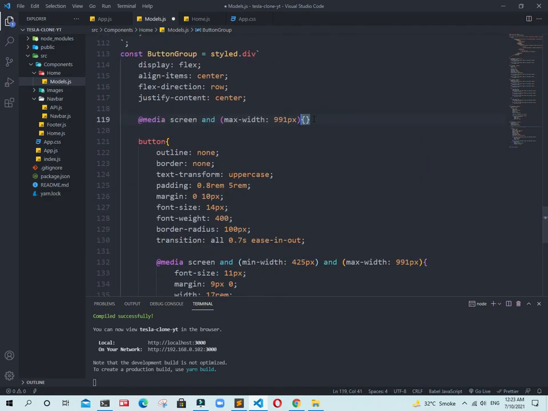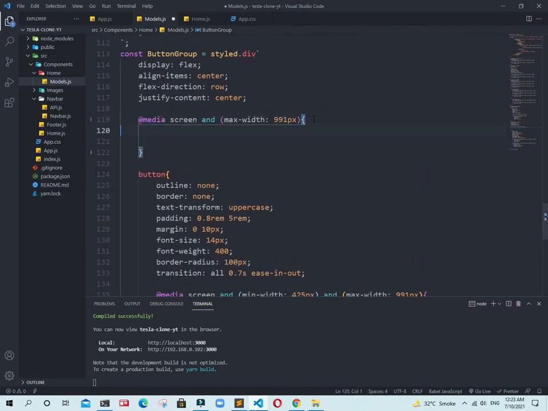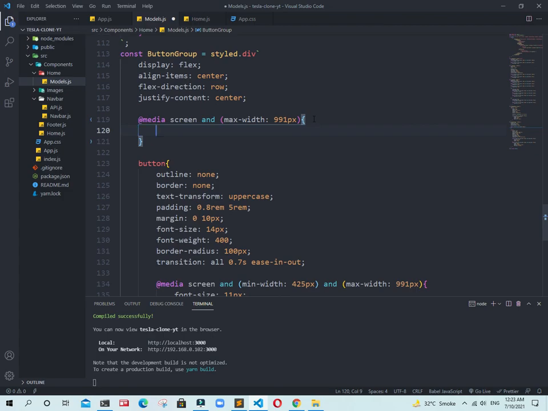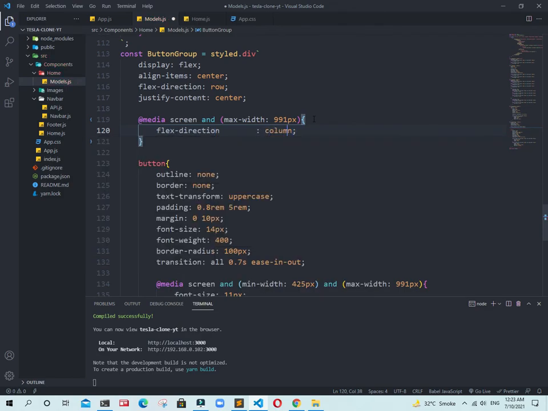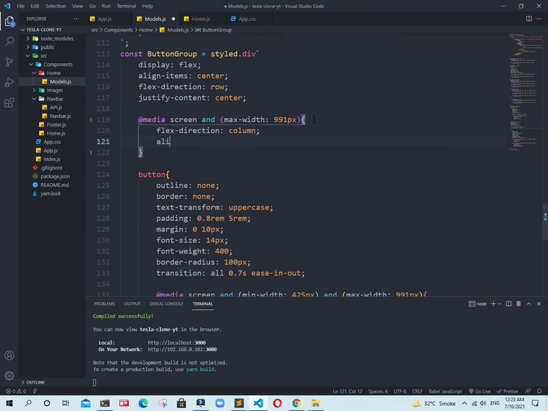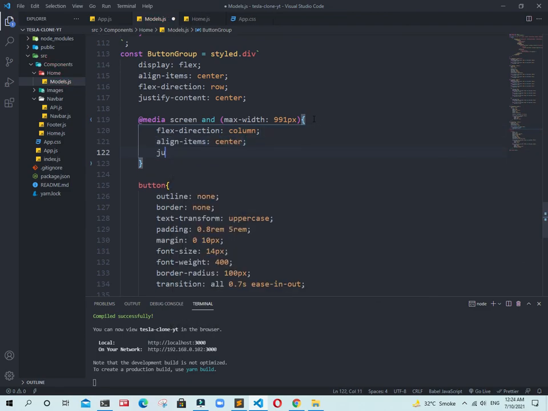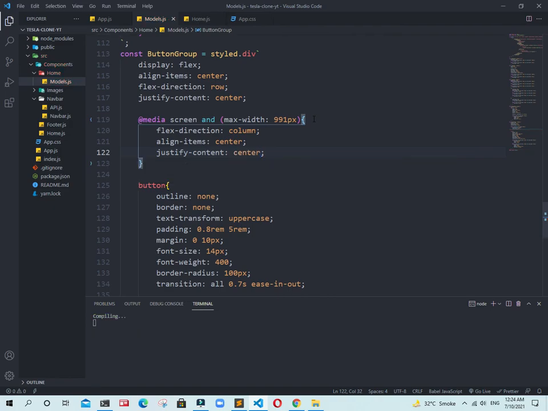Yes, I will write it for you. We need to write flexbox in column. I just change the flex direction to column. And yes, also align items center, justify content center.